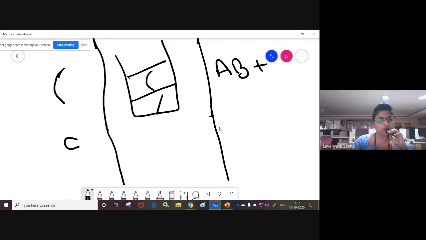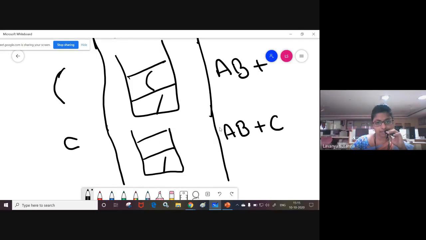If you got operand, what you need to do? You need to add it to the postfix array: A, B plus C. Just add it to the postfix array. C is an operand. If you got operand, you need to add it to the postfix array. A, B plus C. That's all. And write down the stack as it is, students. Bracket. Write down as it is.